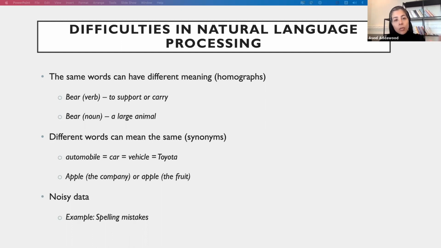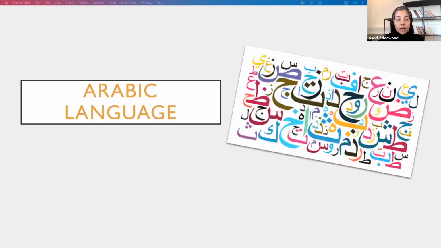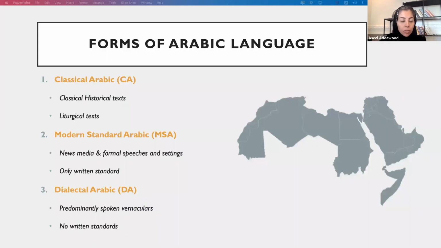And when thinking about these difficulties, how can I imagine them in a different language? These difficulties actually arise in the English language. How do they arise in the Arabic language? As we know, Arabic is one of the languages that are spoken by more than 360 million people around the world. So how can we understand these difficulties? Why is it hard to use natural language processing in the Arabic language?